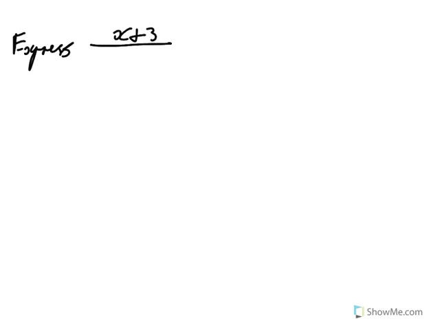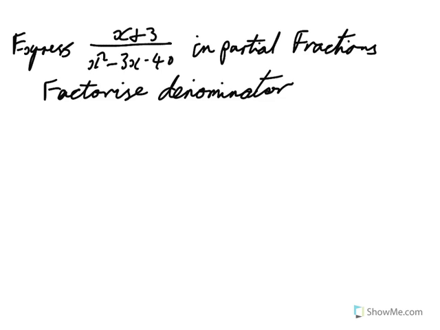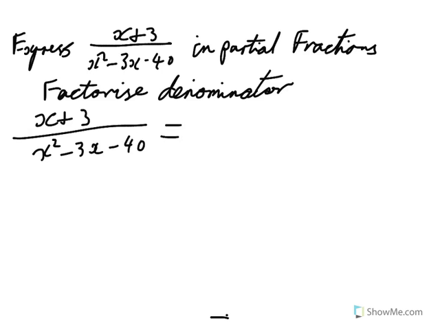So this time x plus 3 over x squared minus 3x minus 40 in partial fractions. Okay. So with that particular one, you'll notice that the denominator this time is not factorised. So we need to factorise this first of all. So factorise denominator. Okay, so got to factorise it. And if we factorise it, x plus 3 over x squared minus 3x minus 40 will be equal to x plus 3 over 2 brackets, 2 numbers that multiply to give us negative 40,